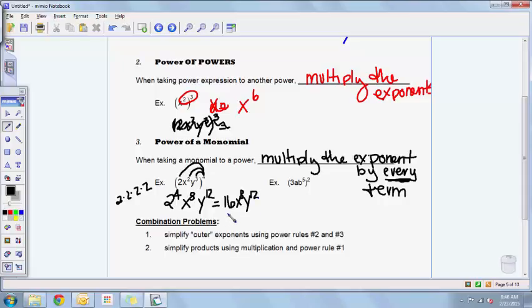All right. I'm going to ask that you guys try this last one. It's just like this one. Remember, this second power has to go to every single